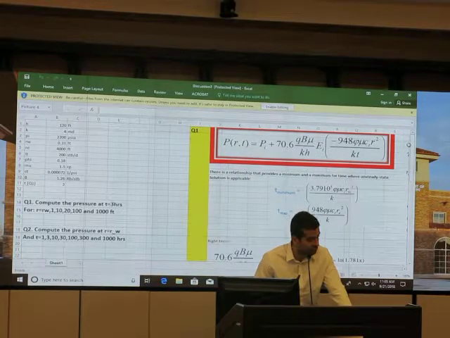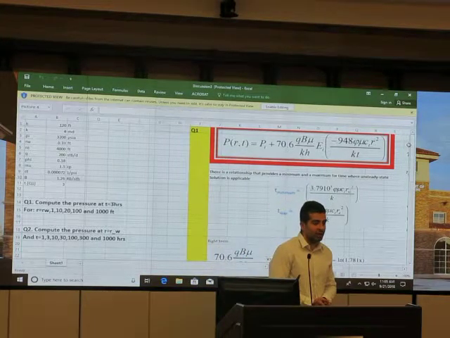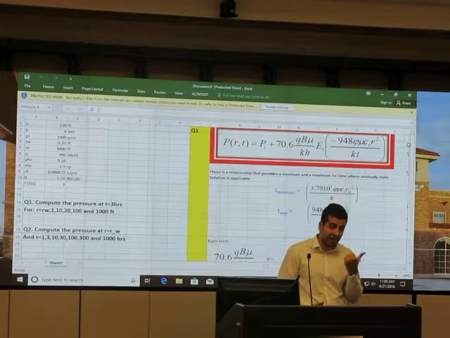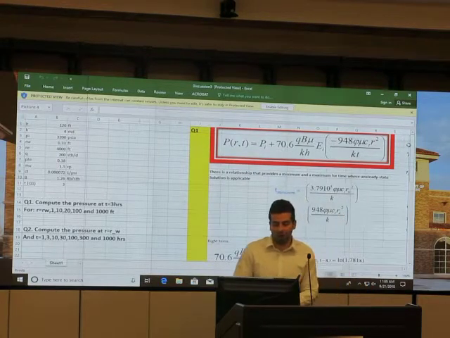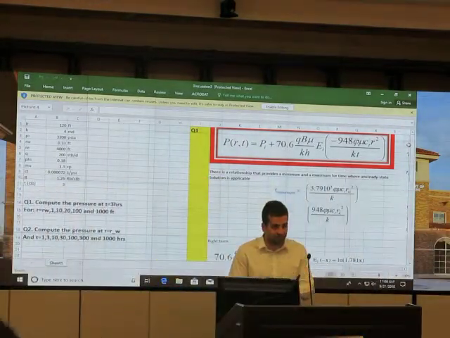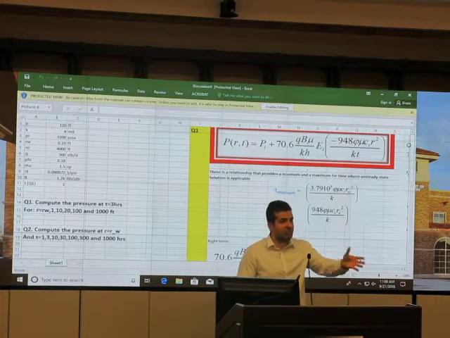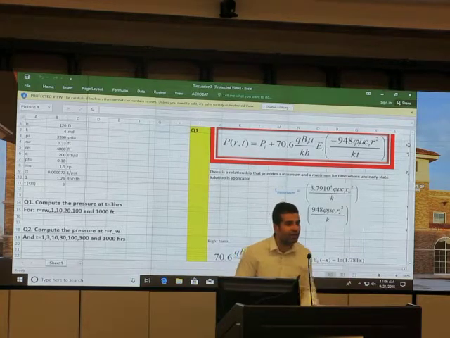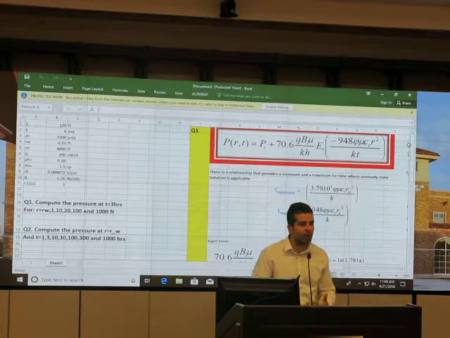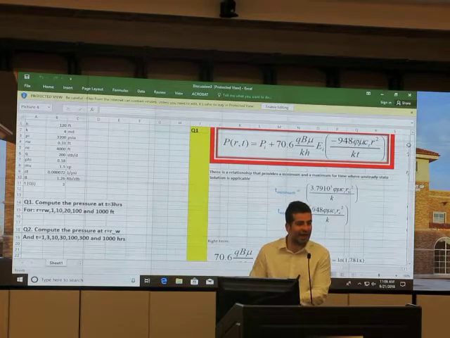Okay, this is what I want you to understand. So basically, this is what I mean. The logarithmic format formula is a special case where you have either very early time, or you have RW at the well location. This is to understand it. But what if you have to calculate the pressure 100 feet away from the well? Okay? That logarithmic function is useless. Why? Because in that case, it is not representing the pressure at the wellbore. Okay?